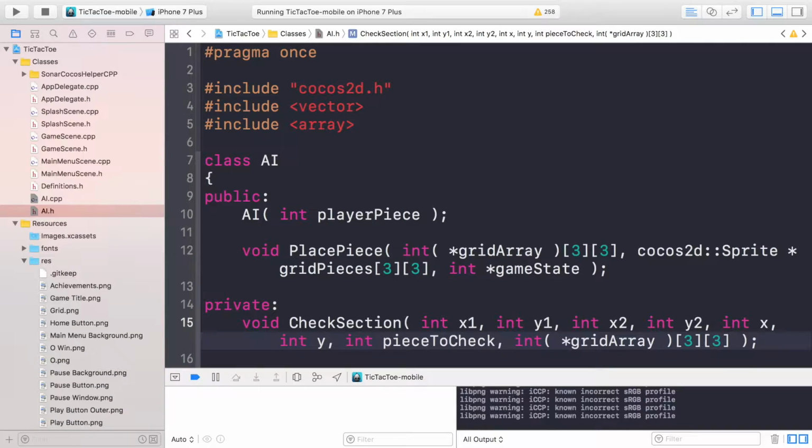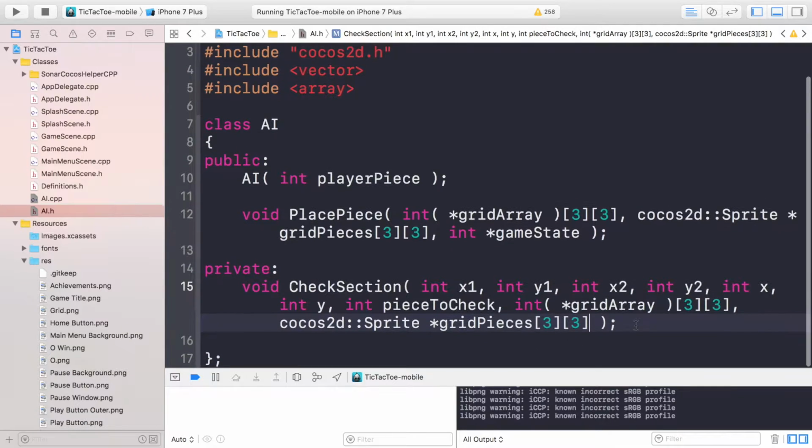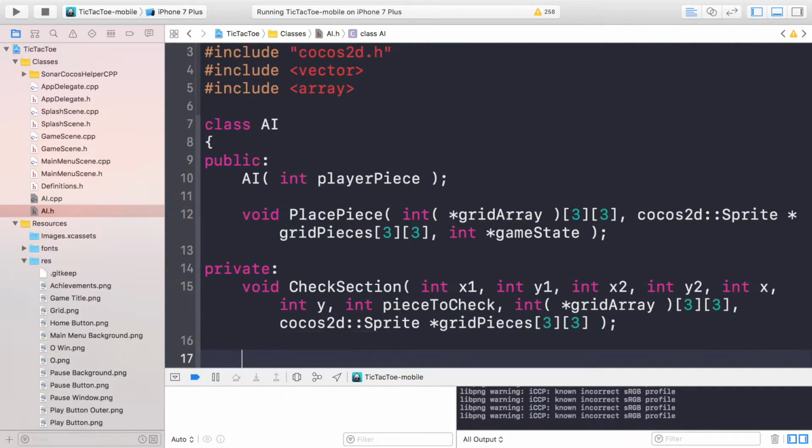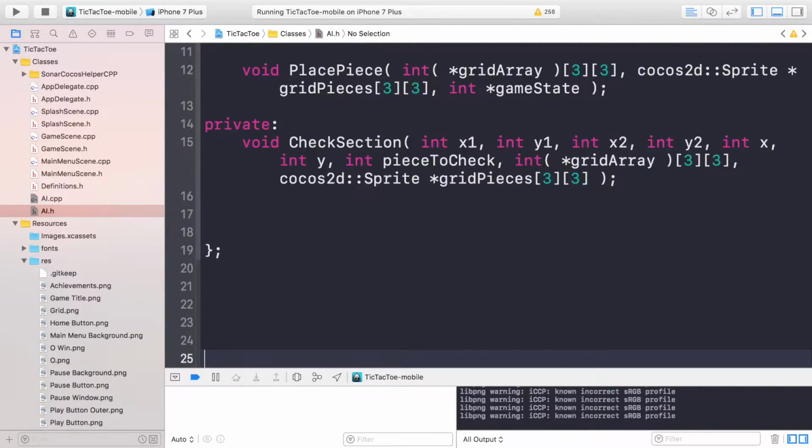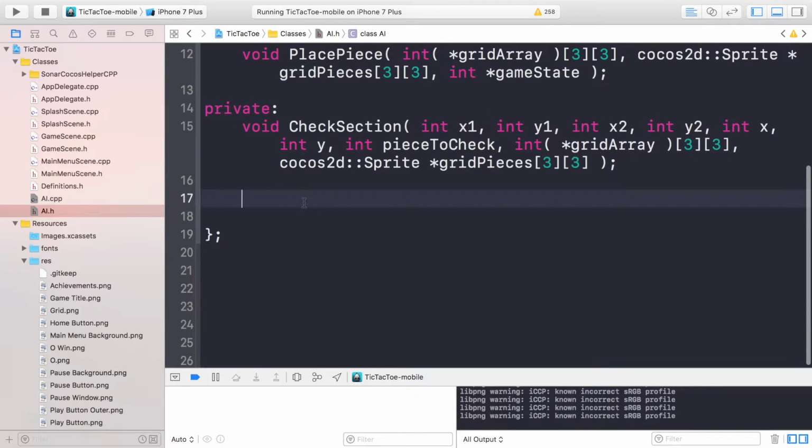Once you've done that, we need to pass in the grid pieces sprite array as well, because obviously if we're placing a piece, we need to be able to update the grid accordingly. Let me just create some empty lines so I can easily scroll up and down. I'm going to put a void, and this is going to be check if